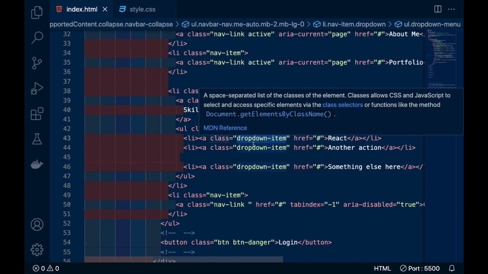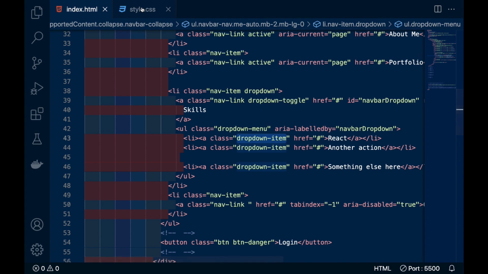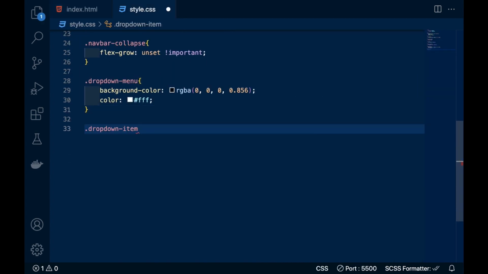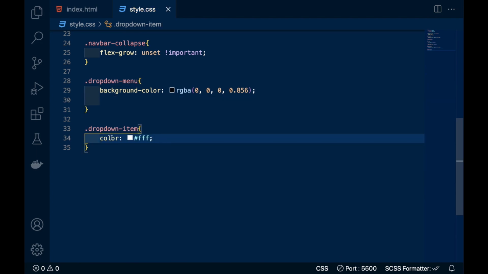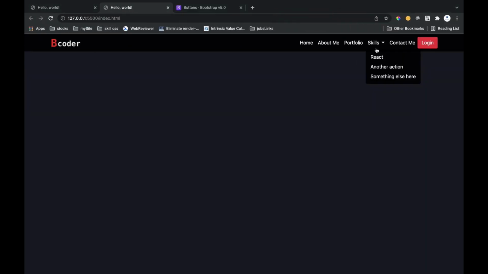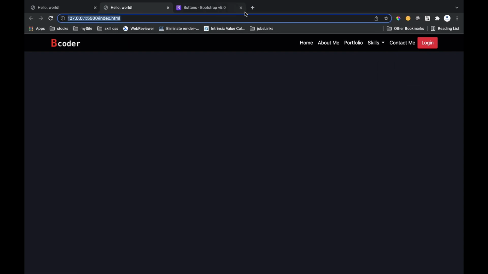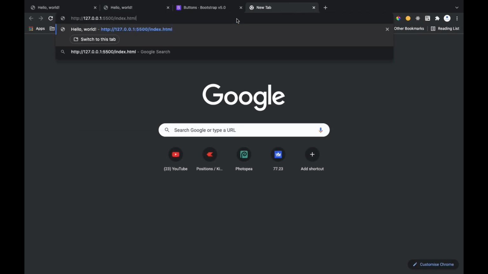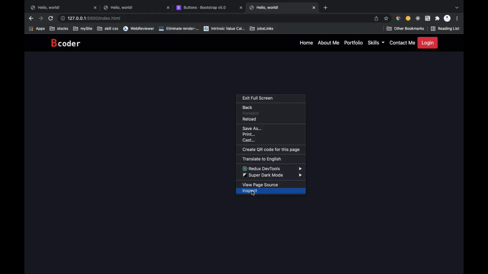That anchor tag contains a dropdown-item class. So we have to write this color white in dropdown-item. So cut that and paste it here. Now you can see our navbar is properly working, and now from here we will start our responsive checking.